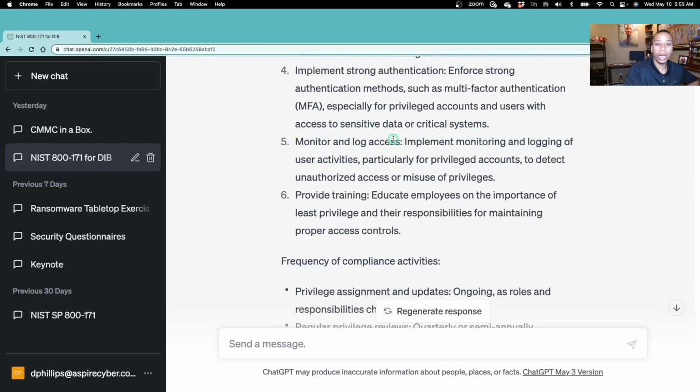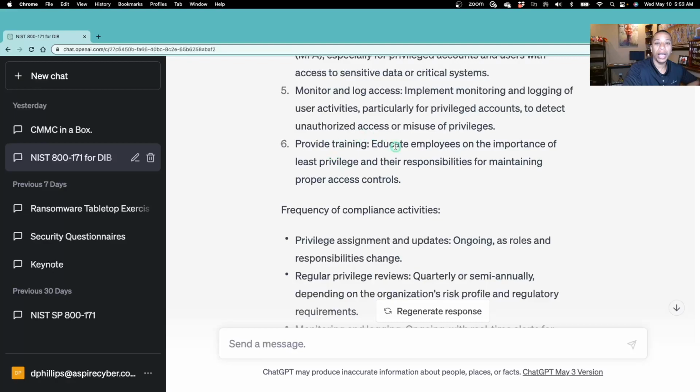Definitely we always need our monitoring and logging. If you're not monitoring and logging those activities that privileged users are performing on your systems by using, for example, a SIEM, then you don't have visibility. You don't know what's going on. Always need to provide ongoing training to educate employees on the importance of least privilege and their responsibilities for